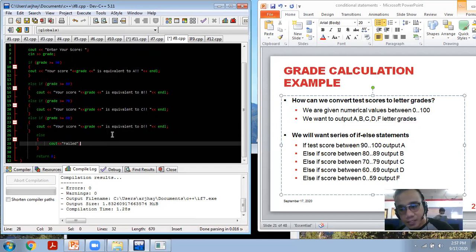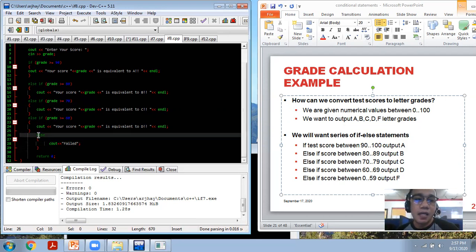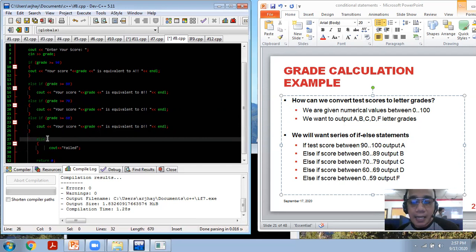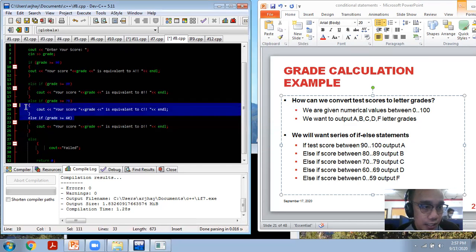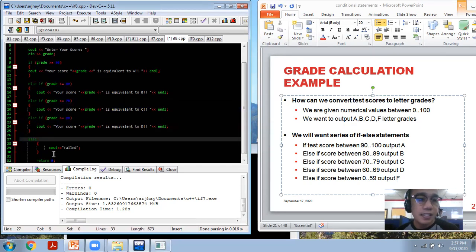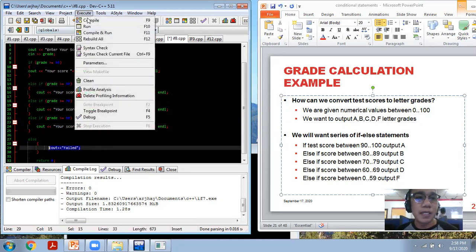Else if, else if, else. If, else if, tsaka else. Kung wala dun sa pagpipilian o kung wala dun sa condition na to, sa else if natin, ang last mo na ay else. Kung tayo, ano yung statement mo. So pag in-execute natin yan,